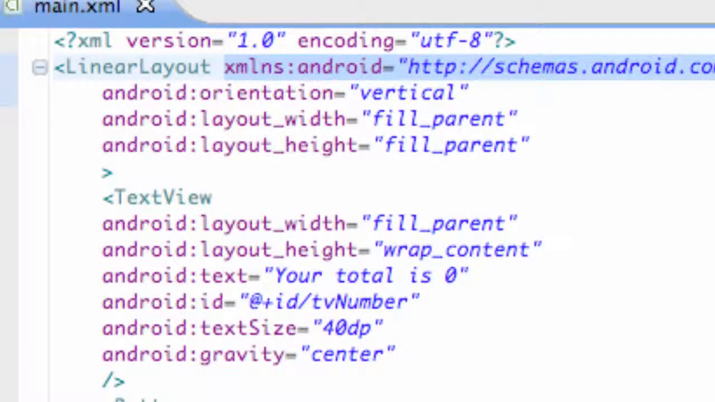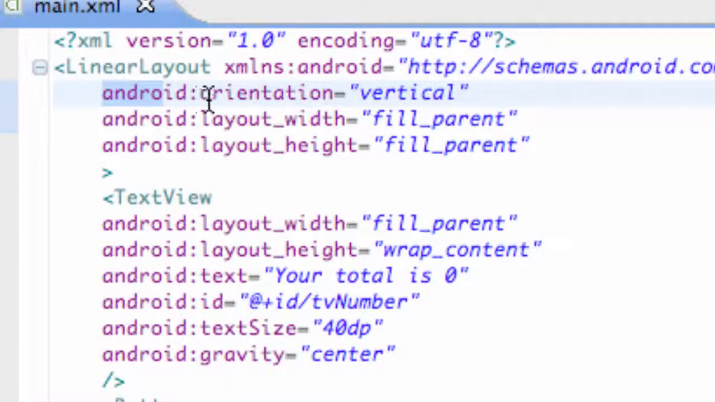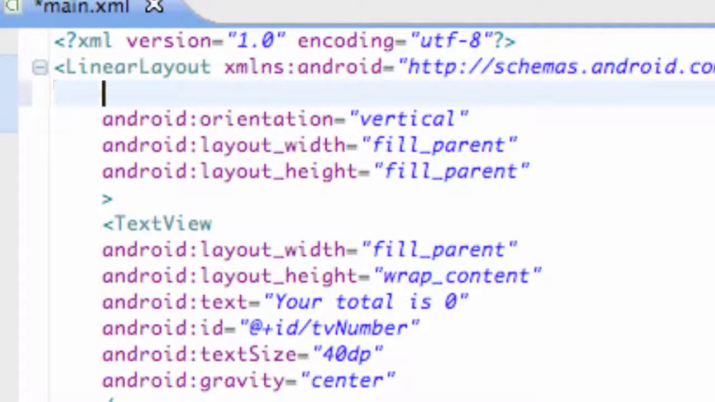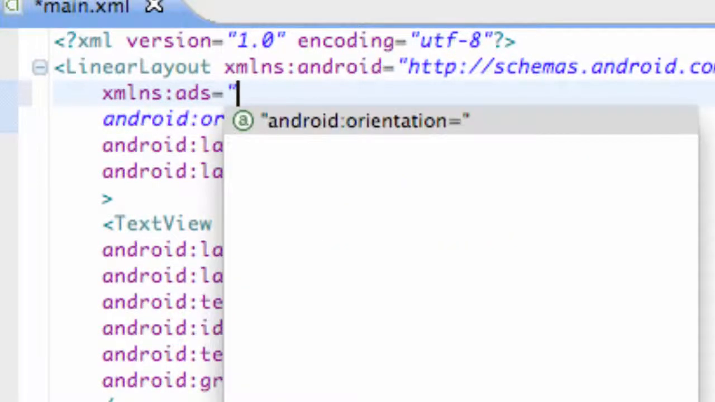I think I might have explained that, but that's just allowing us to use some of these android: layout or orientation and all that good stuff. So that's why we need to have a reference like this. But we're also going to have another reference for our ads. So what we're going to do is we're going to say xmlns:ads equals, and then we have to put in